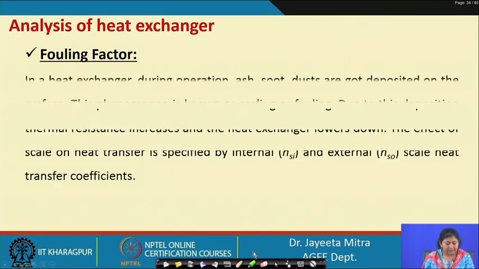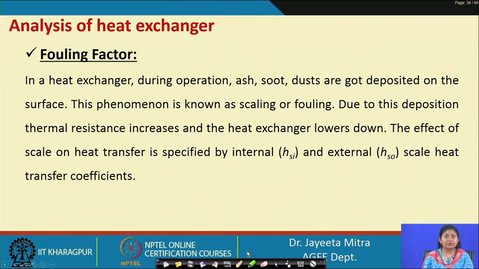Now, fouling factor is a very important one, and it sometimes does affect the efficiency of the heat exchanger, because when we are dealing with different kinds of fluid, there are certain dissolved materials in the fluid which get deposited on the inner side of the tube, okay, and if deposited there, it will eventually lower the heat transfer rate. Okay. So, it will offer a resistance, like the surface is providing a resistance, the thickness or the conductivity of the material is providing resistance. Similarly, when they form scale, they will offer a resistance.